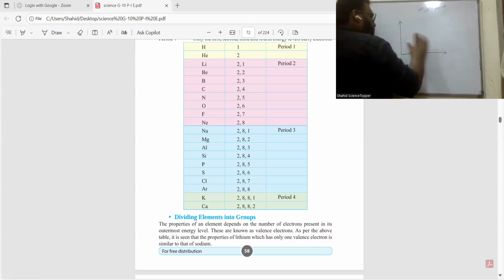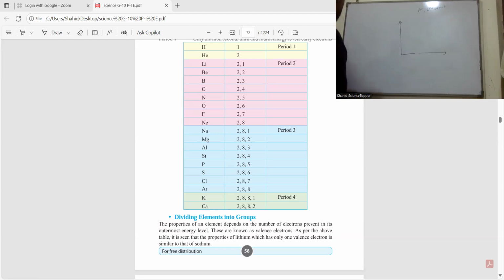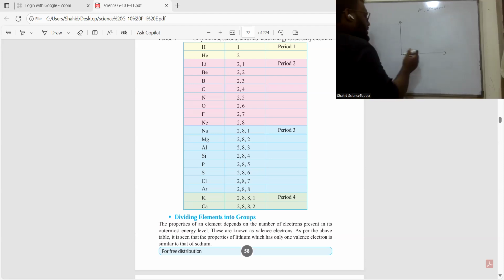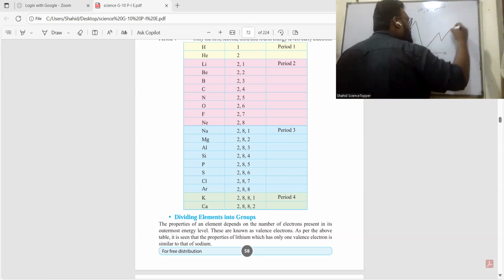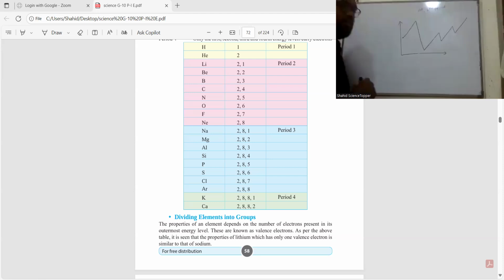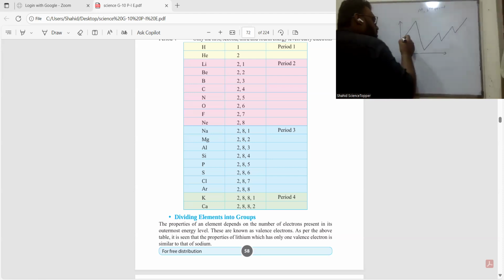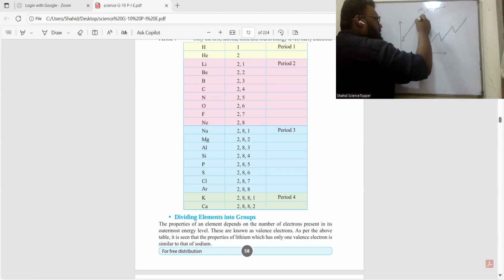You need to remember the correct graph for first ionization energy. It starts from here, then goes straight up, then goes down. Then there will be two breaks, right? So here we have hydrogen, here it's helium,